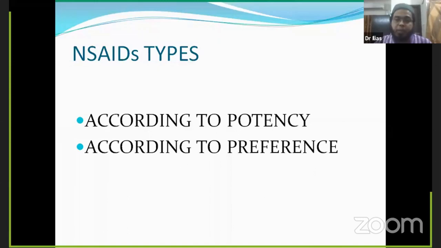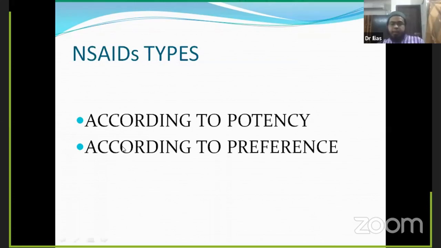Without prescribing the more potent or most potent anesthetic, you cannot reduce the pain very promptly in that case. On the other hand, if the patient has less pain due to a trivial injury, at that time you can prescribe the less potent anesthetic. Okay, I'm going to discuss these things later on about the potency.